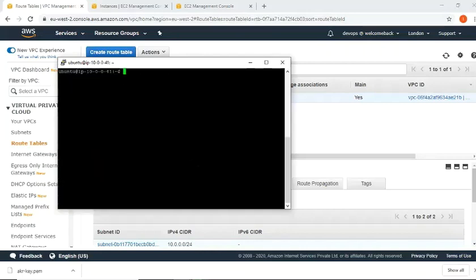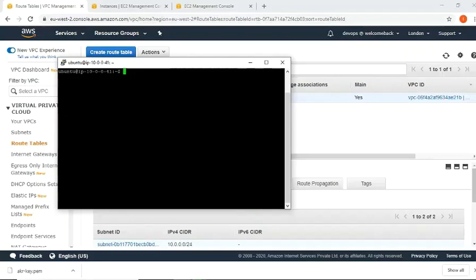Say clear. I don't have anything. The present working directory is /home/ubuntu. Perfect. So clear. Now the next task is to install the Nginx server. But I will not be installing Nginx as it is. The way I'm going to install it is as a container, a Docker container. So I'll show you that. But before that, check whether Docker is installed or not. So the way you check is,